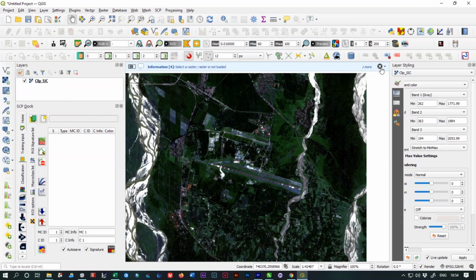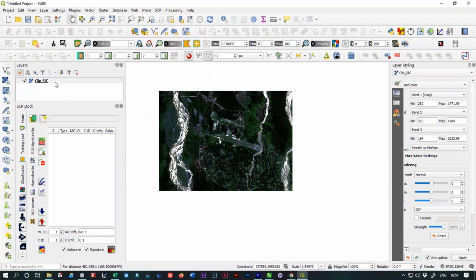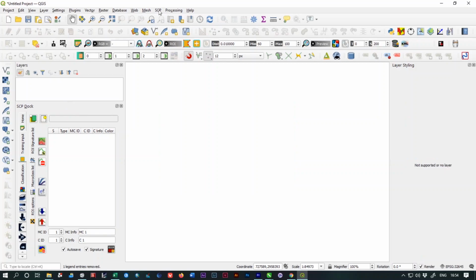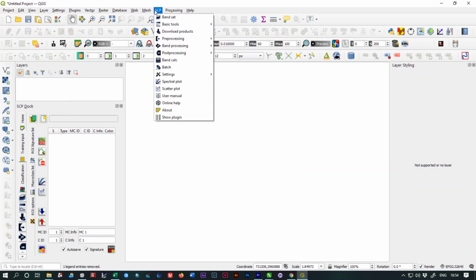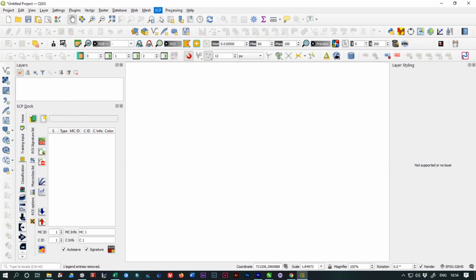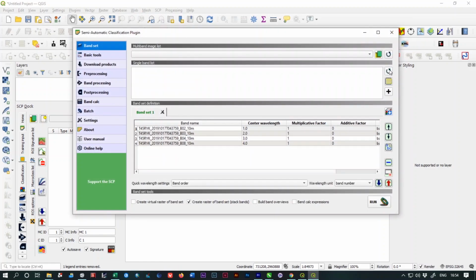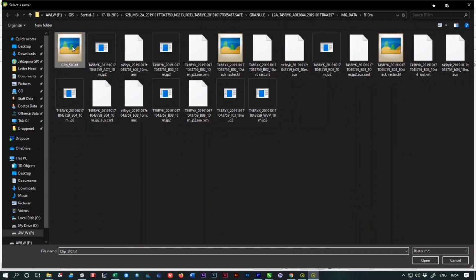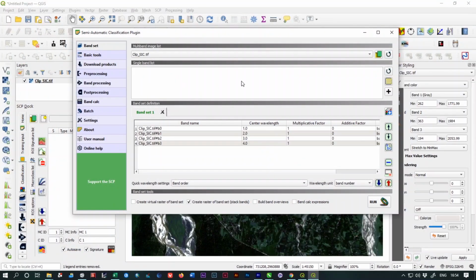Oh sorry, I have missed one step, which is that I have to set the bands again. I have to delete the clipped raster. Now go to SCP, click on band set and refresh this and delete all the bands. Now click on add again and select the clip, remove this and click on run.